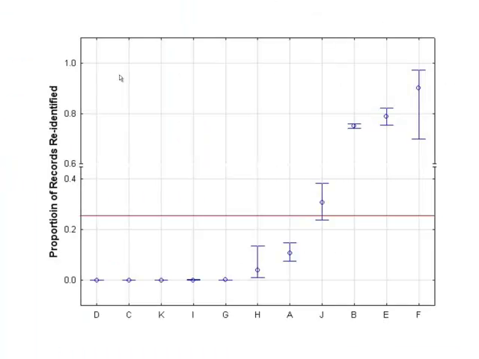This graph shows you across all 14 what the success rate was. It was about 0.26. 26% of the records across these 14 studies were re-identified, which basically shows you that if you de-identify poorly, then it's easy to re-identify individuals in your database. The attacks on the properly de-identified data are the ones at the bottom left corner, which shows that the hit rate was very small.